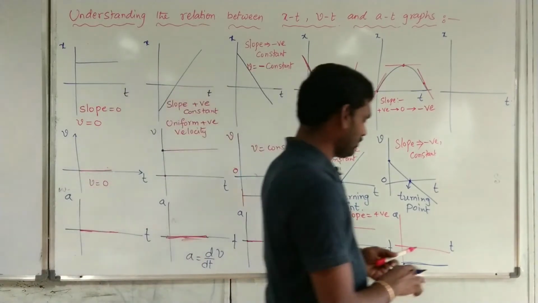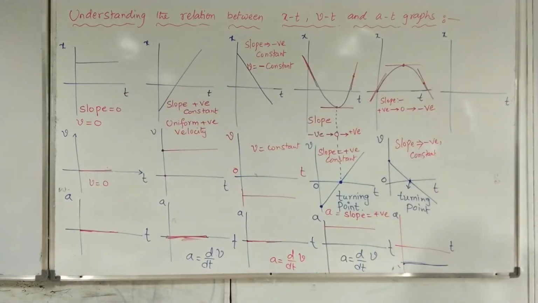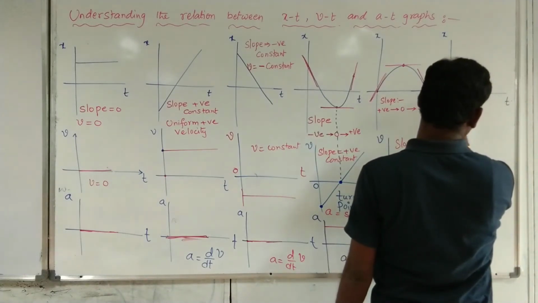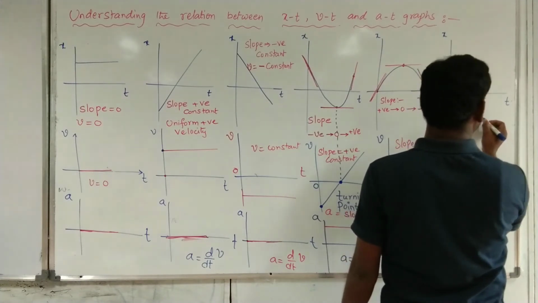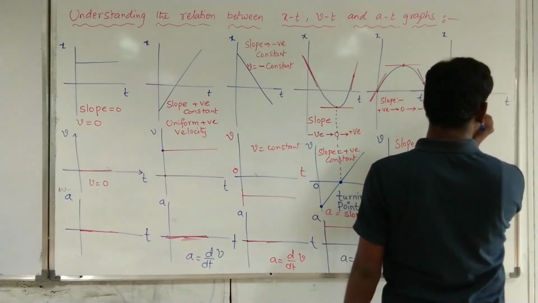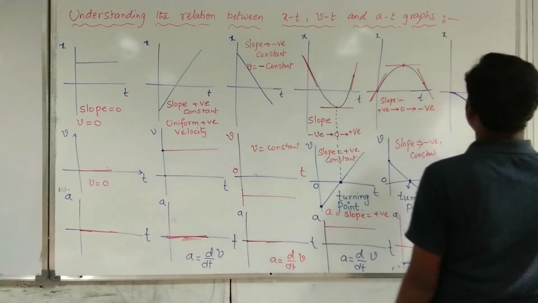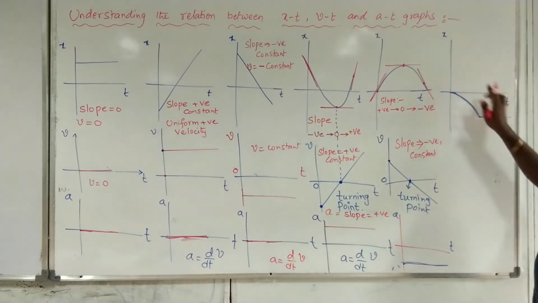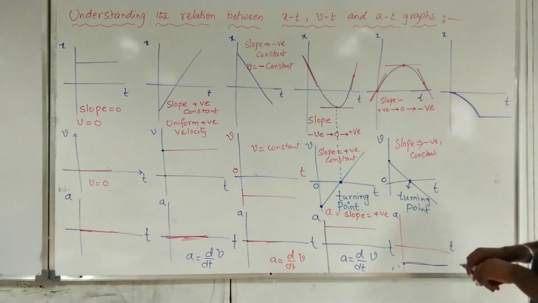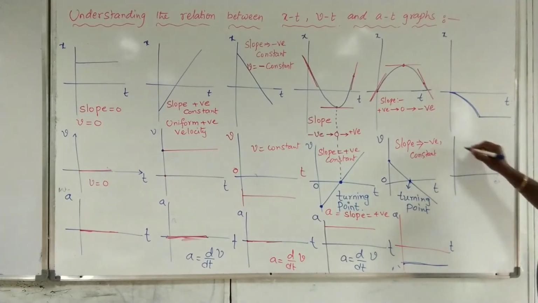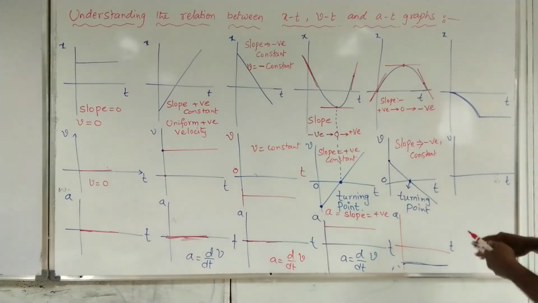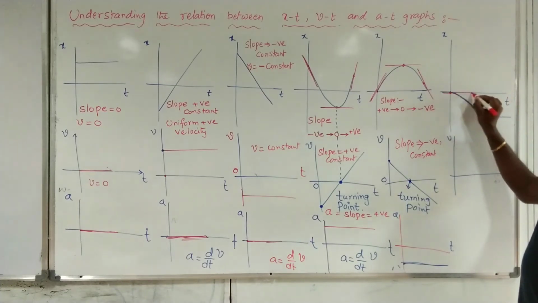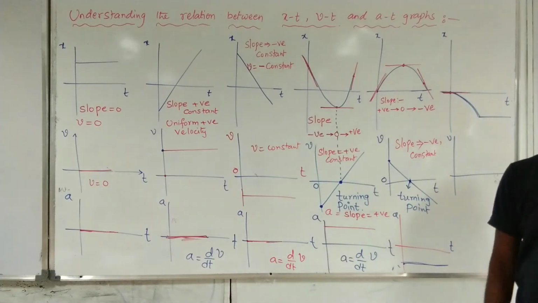Okay. Next, the final case. Let us consider the final case like this, a random case. See here, the position versus time graph looks like this. The respective velocity versus time graph is what we need. Again, take three different points. At this point, draw a tangent. This tangent is parallel to the time axis.